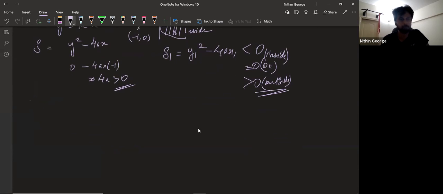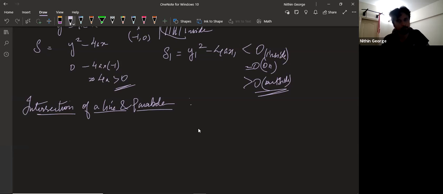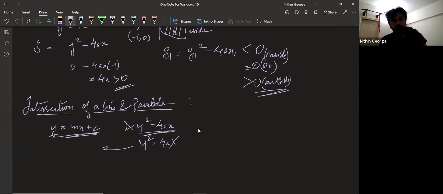Intersection of a line and parabola. Okay. So, we have y equal to mx plus c and a parabola y square equal to 4ax. Okay. So, whenever you get a question with the translated parabola, you bring it to y square equal to 4ax and then convert this also to y equal to mx plus c. Okay. Guys, are you getting this? When you have a translated parabola, this is what you do. All right. Mx plus c dash.